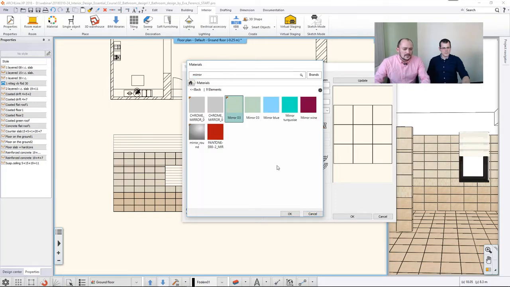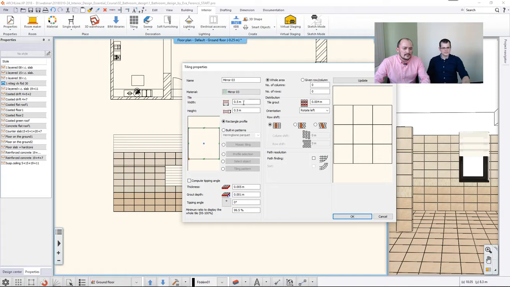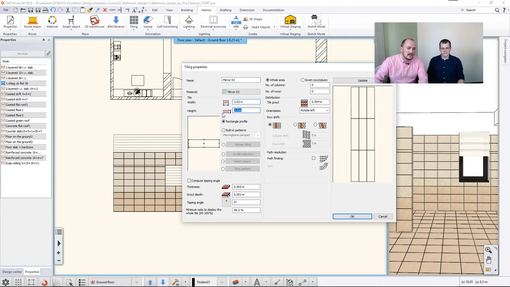I think I will go with this one. And now I should set up the size. Because I already measured it before and I know what grout size and what tile size I'm working with, I will use a width of 2.02. It's 2 meters and 2 centimeters. And the height, I think it's around 0.8. Later I can change it, or I can just skip it, go back and measure it, but I'm certain that